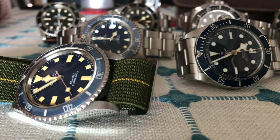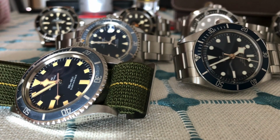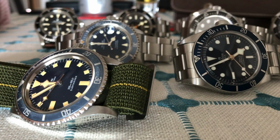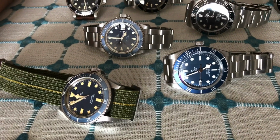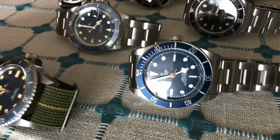They're made to be worn. They're made to a very high quality. There's a lot to be said about their approach to design. It's not necessarily revolutionary every time, because what they do is pillage their old catalog and update it, but they do it very well, and sometimes they do some very good upgrades, like for instance on the BB58,